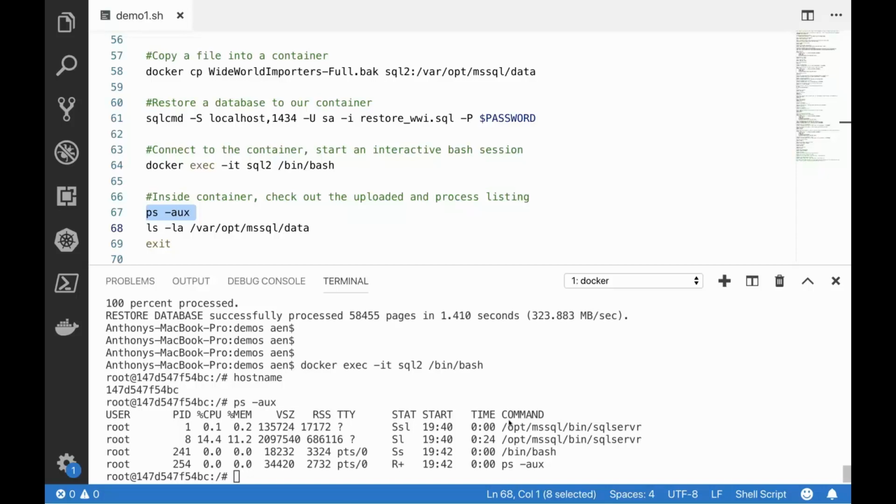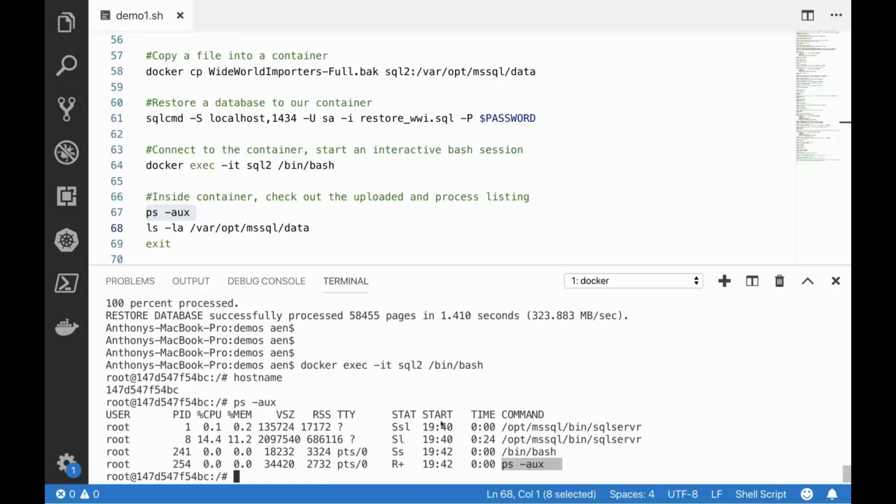And so here we see /opt/mssql/bin/sqlservr, right? That's the entry point in the container, and that's the process that got started up. It sees itself as PID 1, which on a non-container-based Linux system is actually a special process that initializes the system. But in this case, it's PID 1 because of the PID namespace. Due to the architecture of SQL Server on Linux, there will be a second SQL Server process. You can see it has a numerically higher process ID because that was allocated at some point in time after the initial process started. Here's our process right there, and of course the ps -aux process that we ran.